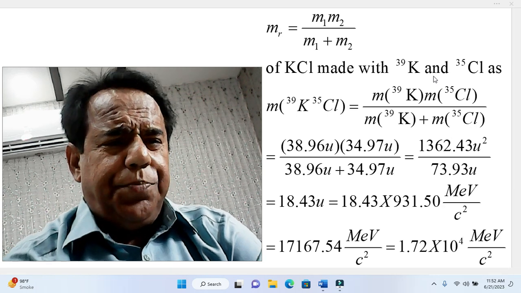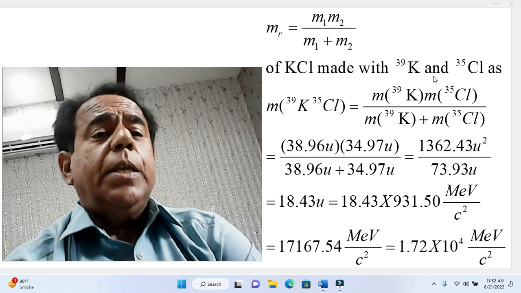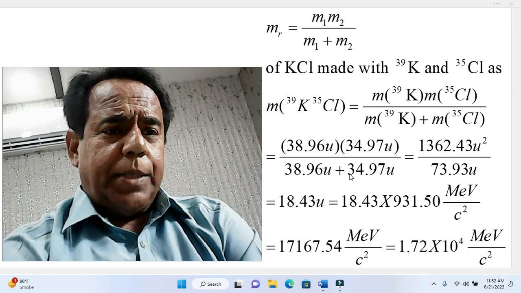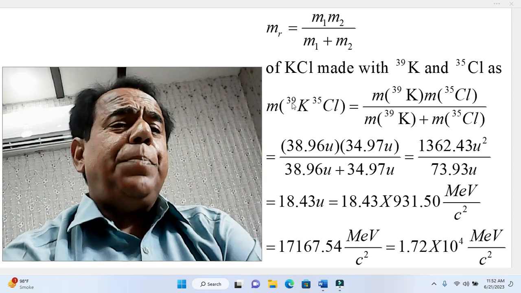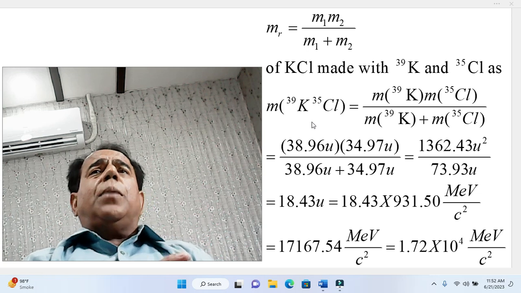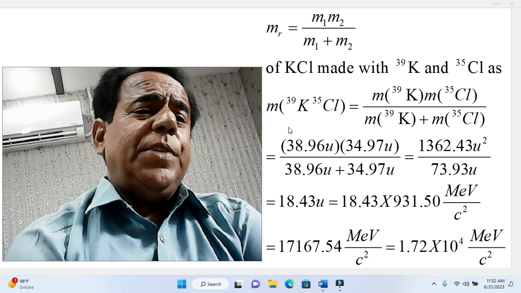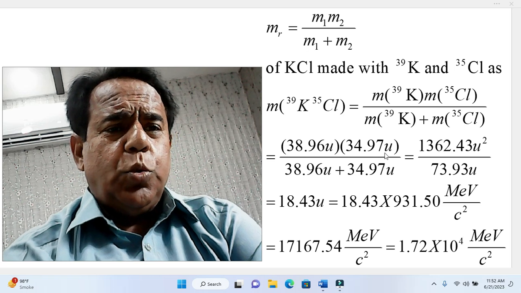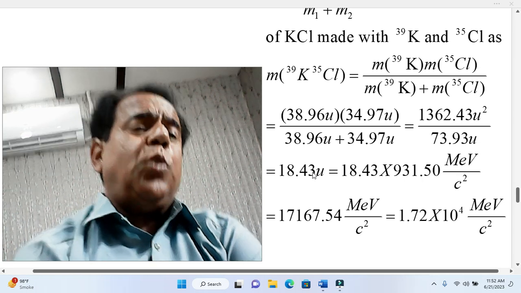And this alternatively becomes equal to 38.96 atomic mass unit U into 34.97 U, divided by 38.96 U plus 34.97 U. Okay, because dear students, in place of 39 and 35, the value in the form of a decimal representation has been taken, which when rounded becomes equal to this whole number value. A simplification of this will lead to 18.43